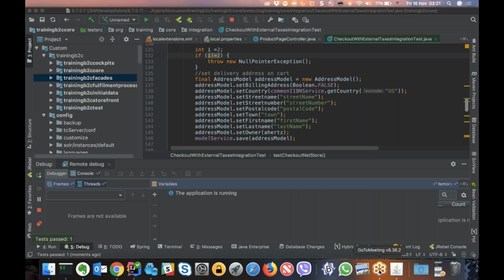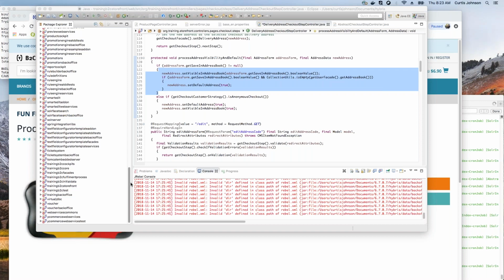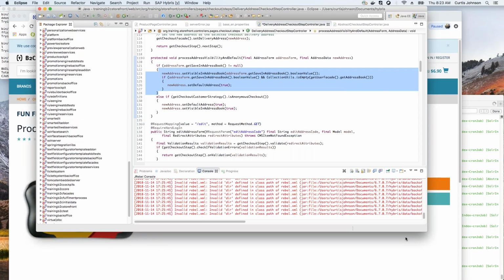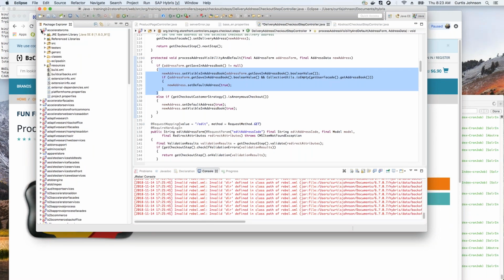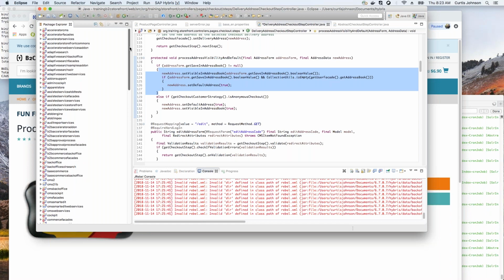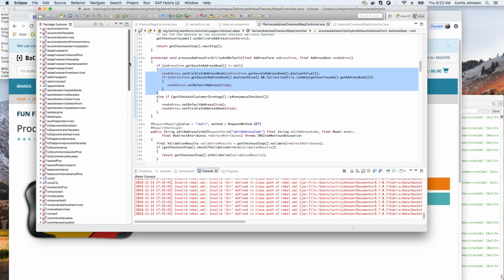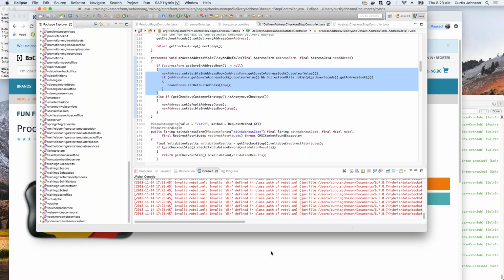Excellent. Perfect. Well, thank you. I'm going to jump back here. So I have it set up in my Eclipse environment. Now, as you can see, it's a little bit of a mess in Eclipse, which is kind of expected. I've worked with a number of people with Eclipse environments that are using Hybris, and this is actually not far off from what I usually see when I'm working with people working inside of Eclipse,